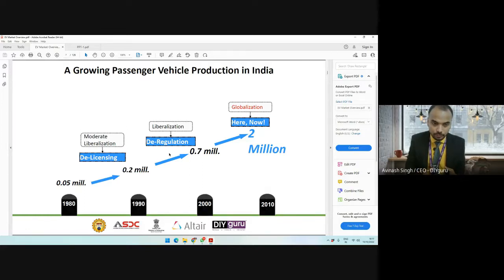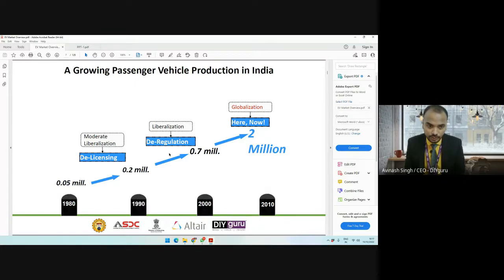So let's say I need to manufacture 50,000 to 1 lakh numbers. For that, I need to set up a different unit altogether. Now, there was some sort of delicensing, and at that time moderate liberalization was introduced. Because of delicensing, by